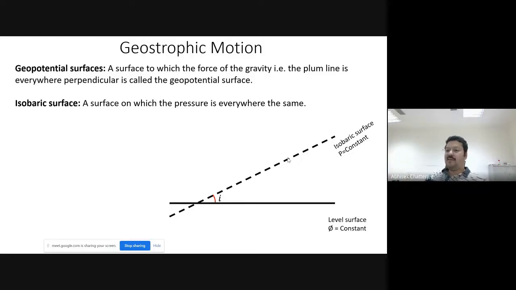Another thing is that I have fresh water here and I have a denser water here. Even though the level is the same, because the density is different, my pressure will be different at this point compared to this point. It's clear? So my surfaces at which the pressure is the same may not always be the level surface. It is determined by the wind and other factors, and also by the density of the ocean.